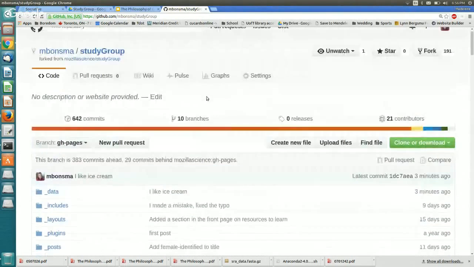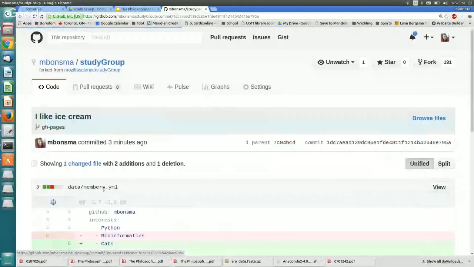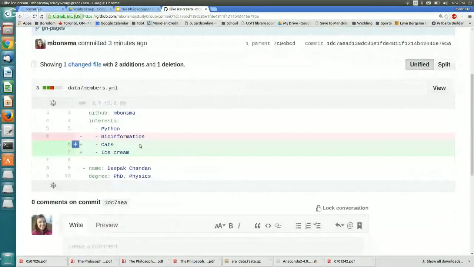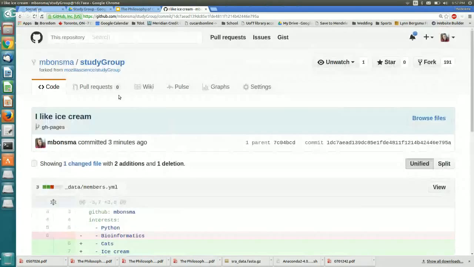So now I'm on GitHub and I refreshed it and I see my most recent commit. And it will show me that commit. If I click on it, these are the changes that I made. I took out bioinformatics and added cats and ice cream. So if you would rather use GitHub for browsing your history,